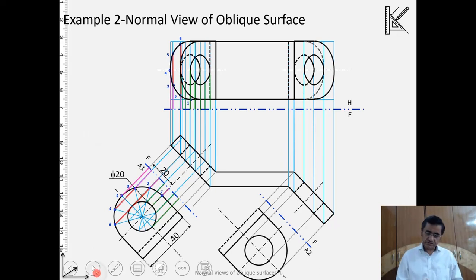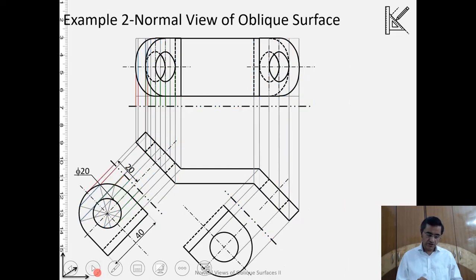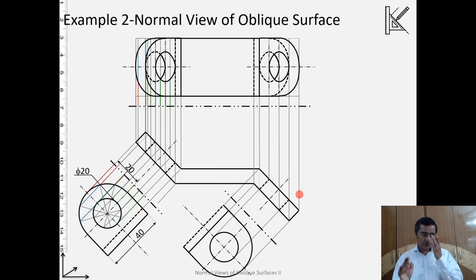We will use the same concept also for doing the side view. So if you want to do the profile view of this, the concept is the same. So what we will do here in this case, we will be now making use of the hinge line here.